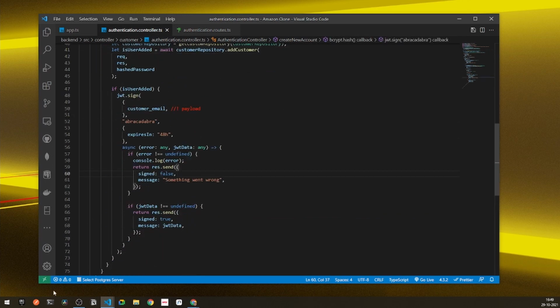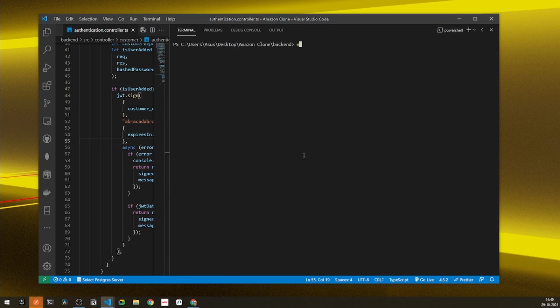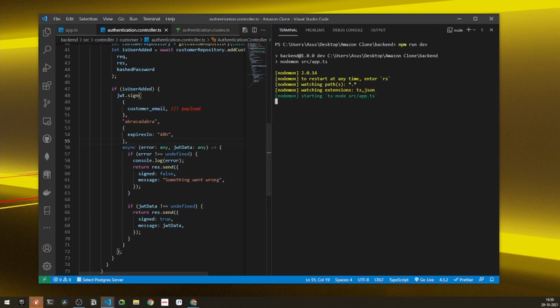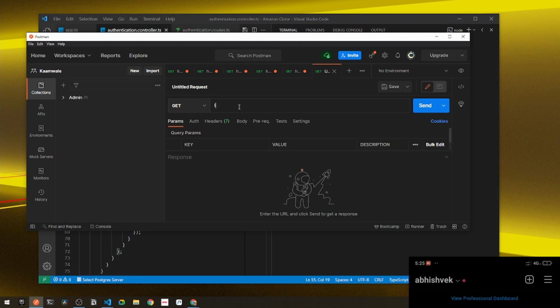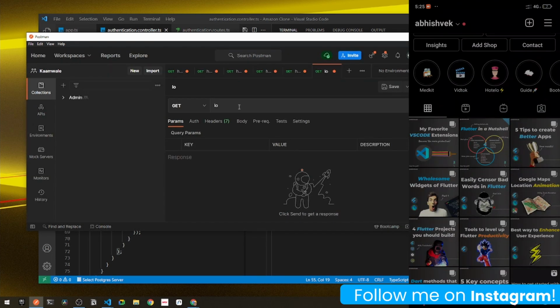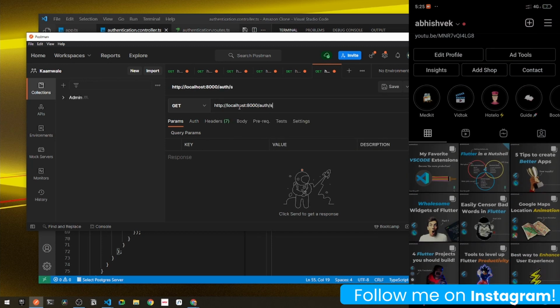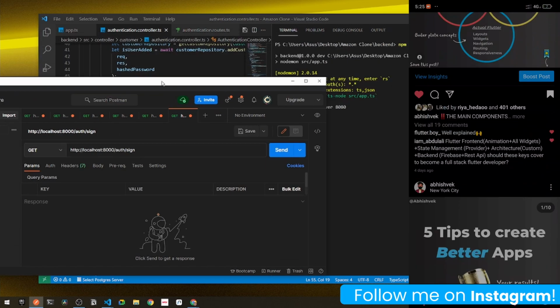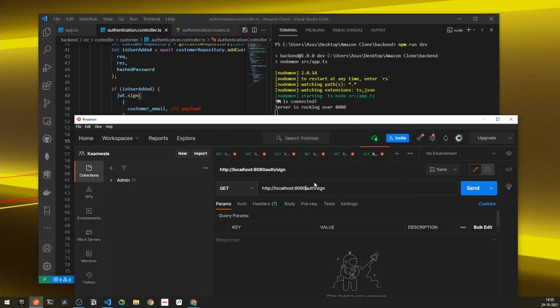Now let's test it out. For testing it out, I will be using Postman. So now let's clear everything and run npm run dev. Now let's test it out finally. So we have got our Postman here. First of all, let's have localhost, and under localhost, the path will be authentication / sign, and the method will be post method. Right now the port is running over 8080, so make sure you are adding the right port here.